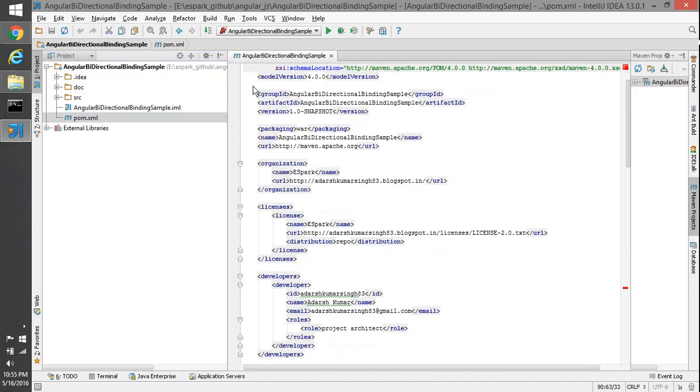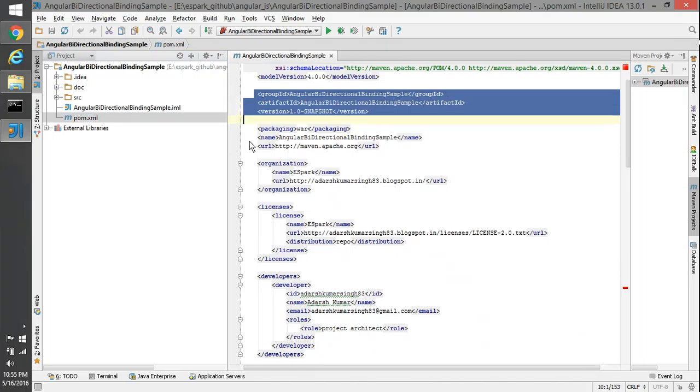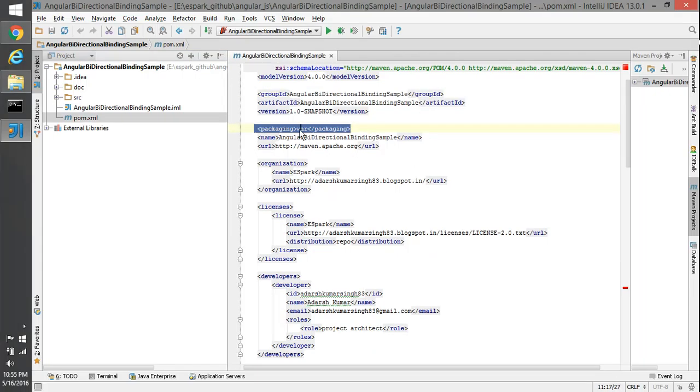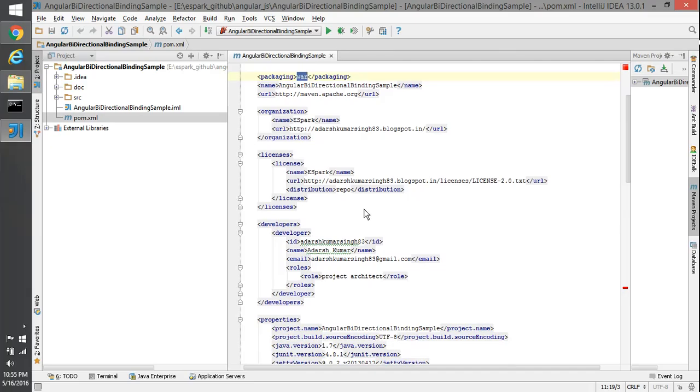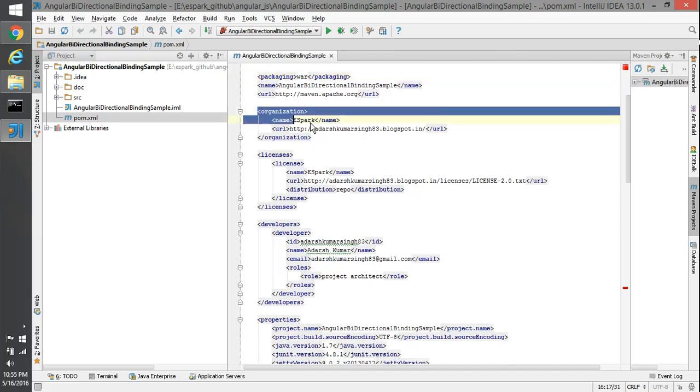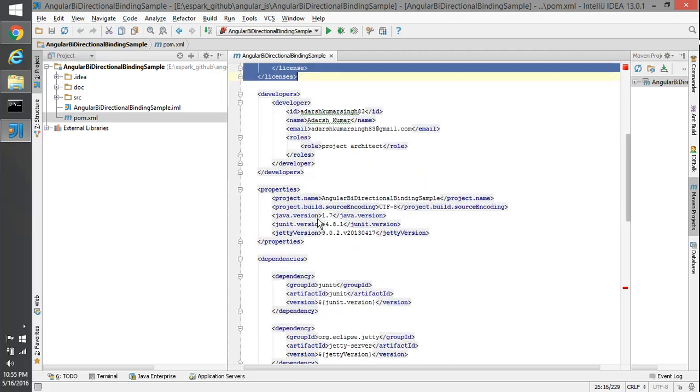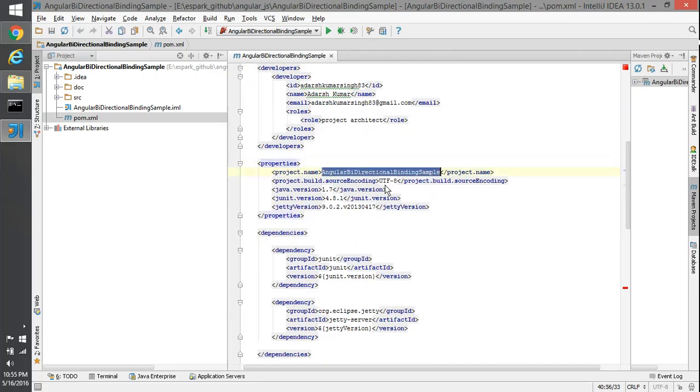So all these are the regular things: group ID, artifact ID. Packaging is a war because we are creating it as a web application, so a war file is there. Then organizational tag, licensing tag, developer and properties. We have project name,